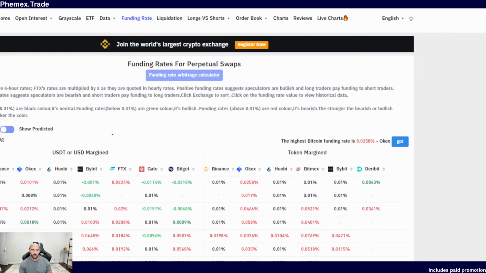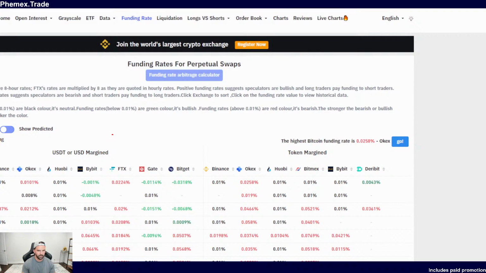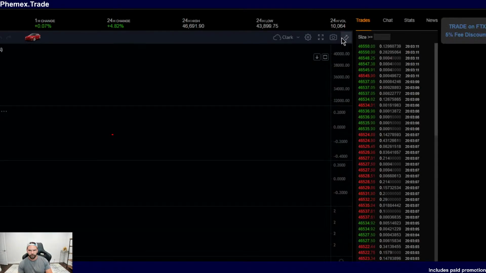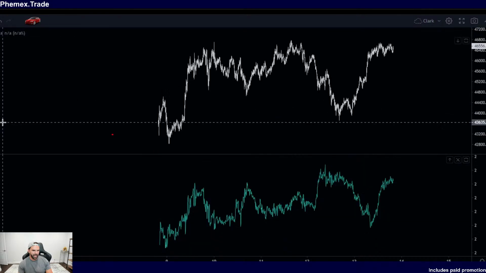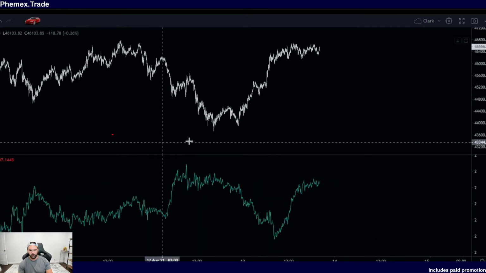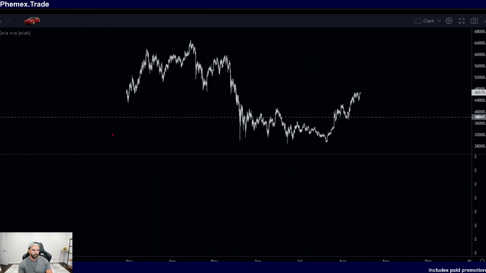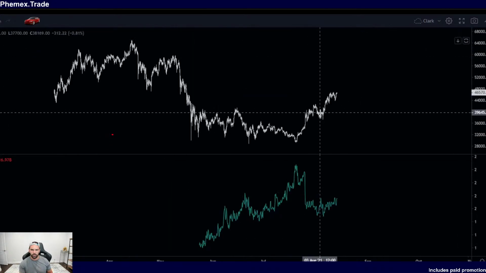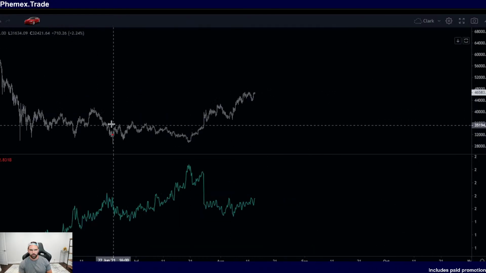Something else I pointed out, so just to go to Coinalyze, since I don't want to leave you guys with just that whole rant in the beginning. Another thing to point out with Coinalyze is we are looking at the open interest to market cap ratio. So if we look at this current structure on the high time frame, open interest to market cap ratio, I've gone over in previous videos how I'll look at two